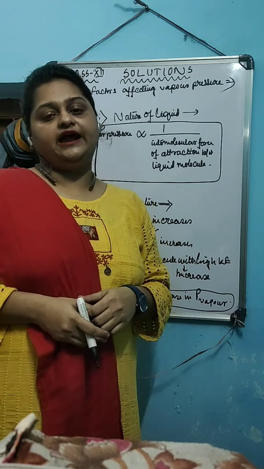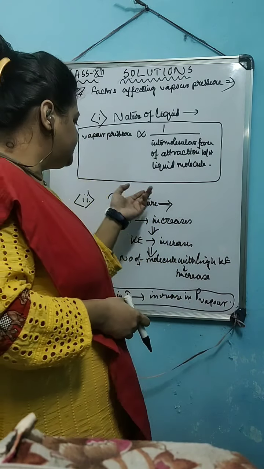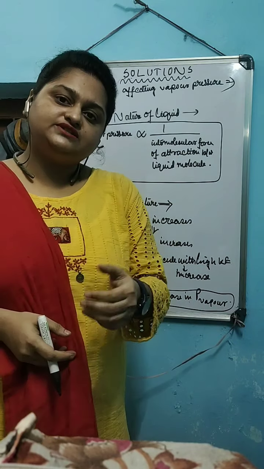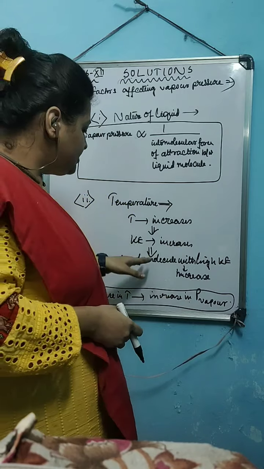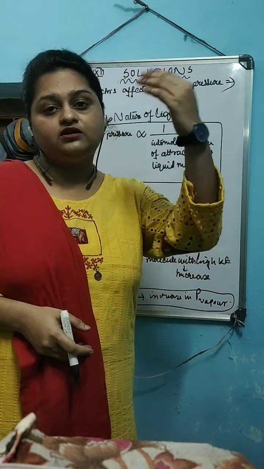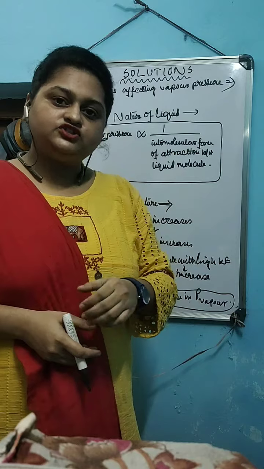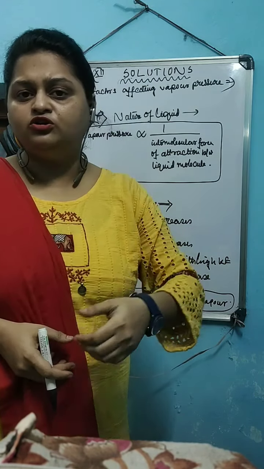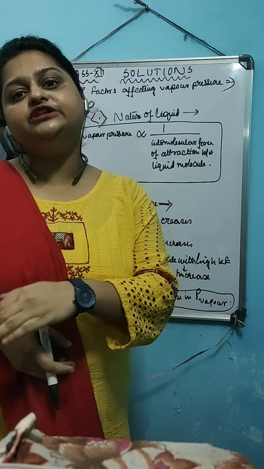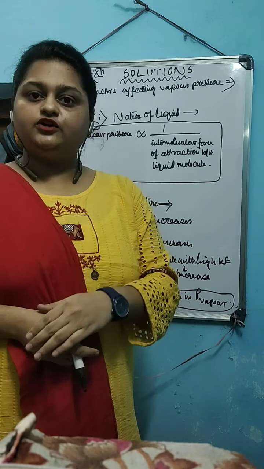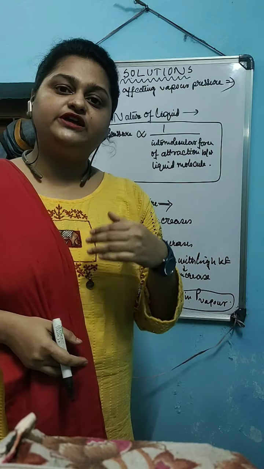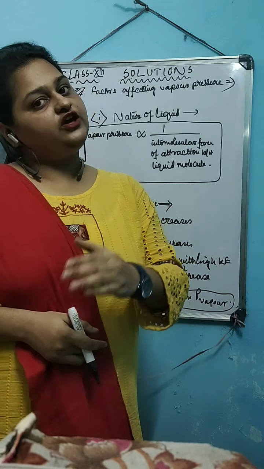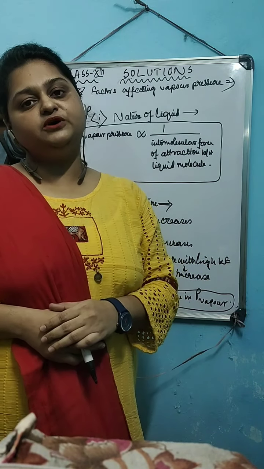The second factor that affects the vapor pressure is the temperature. When temperature increases, kinetic energy increases, which in turn increases the number of molecules having a higher amount of kinetic energy. Molecules with a higher amount of kinetic energy are able to overcome the attraction force of the liquid state and pass on to the vapor state more easily. Which is why with the increase in temperature, the vapor pressure of a particular liquid